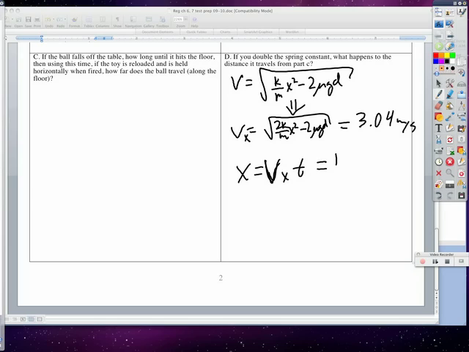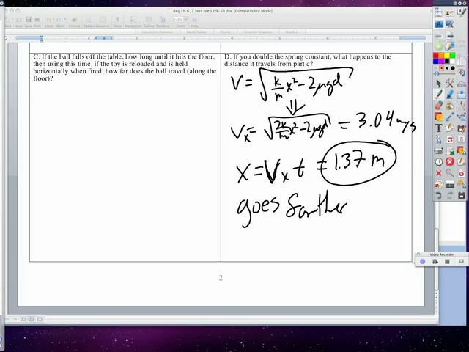We have to repeat the top part now that you're recording. Oh, yeah. So what we did, we took this v from part B. I guess I should do this so you can see. So we took part B, and then we plugged in the 2 for doubling the spring constant. We got velocity, multiplied it by the time it took, which is still 0.45 seconds, and that gives us a new distance from the edge of the table. So use the time from part C. Yeah, because the table didn't